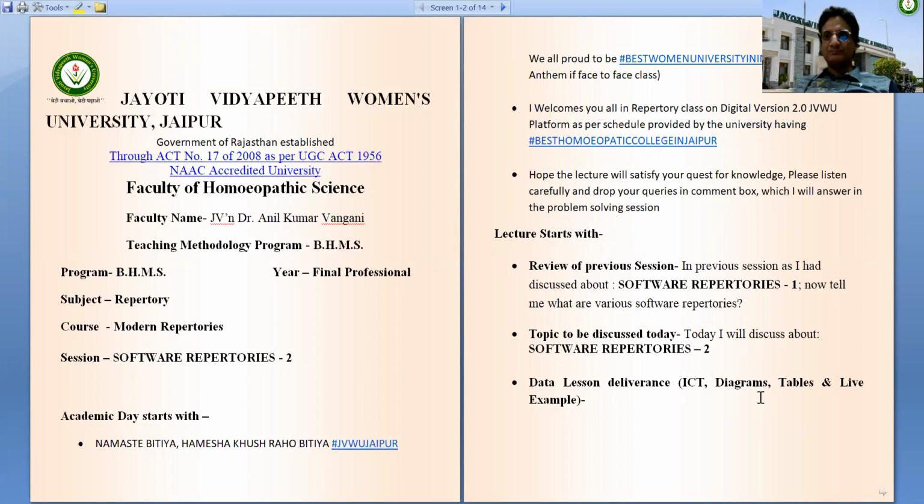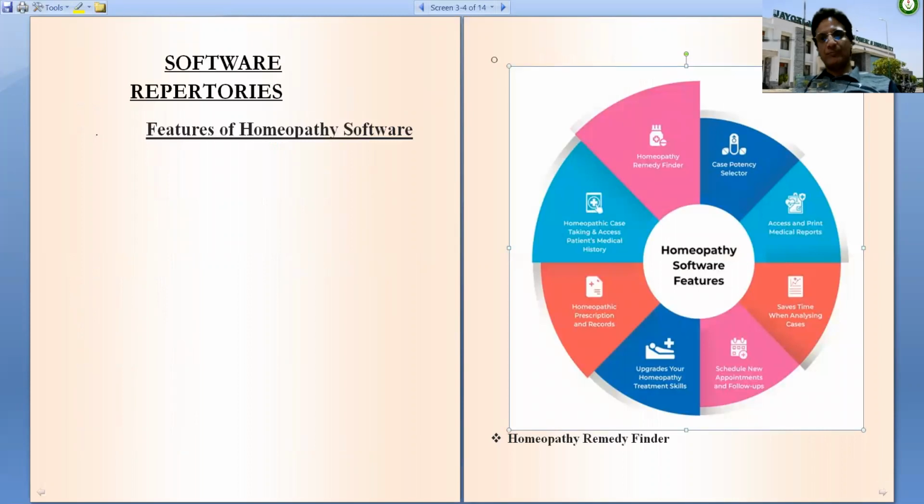Now let's move on to the lecture. So the features of a good homeopathic software repertory are: it's a good homeopathy remedy finder, a good case potency selector, it gives access and print to the medical reports, it saves time when analyzing cases, it schedules new appointments and follow-ups, it upgrades their homeopathy treatment skills, it maintains homeopathic prescription and records, it helps homeopathic case check-in and access to patients' medical history.